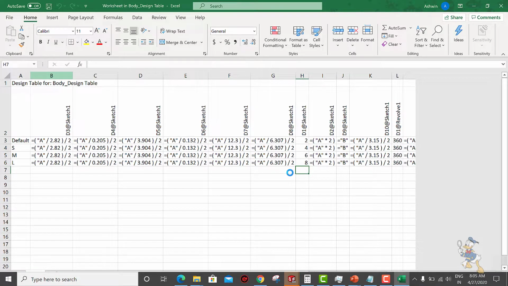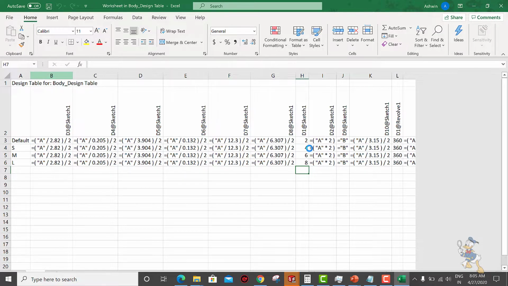So we are having a design table of many of the sketch dimensions. Over there I have generated three kinds of configurations: small, medium and large, and one also is the default one. There are many kinds of equations being used because I had also used equations. We will study it further. Right now the configurations small, medium and large are just as simple as that. We just need to enter the values.